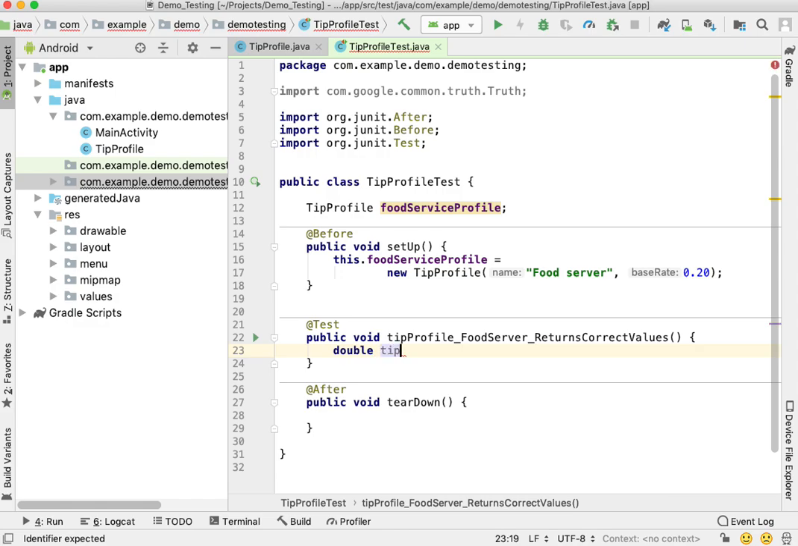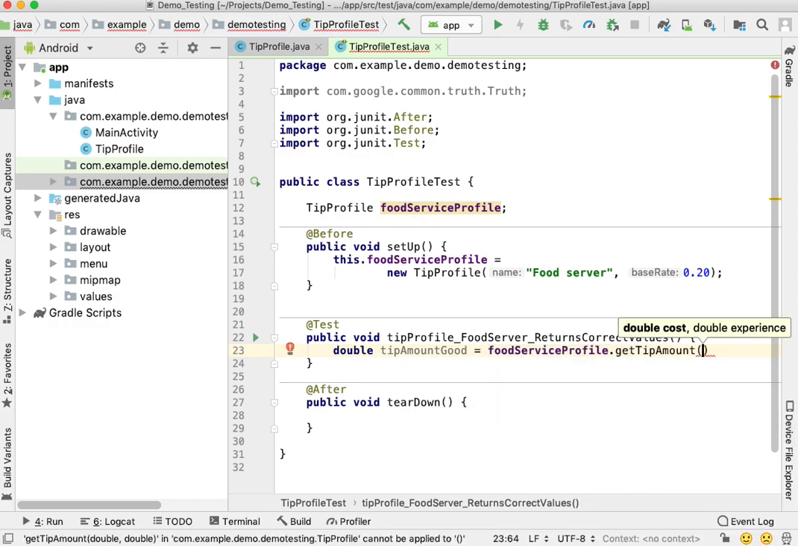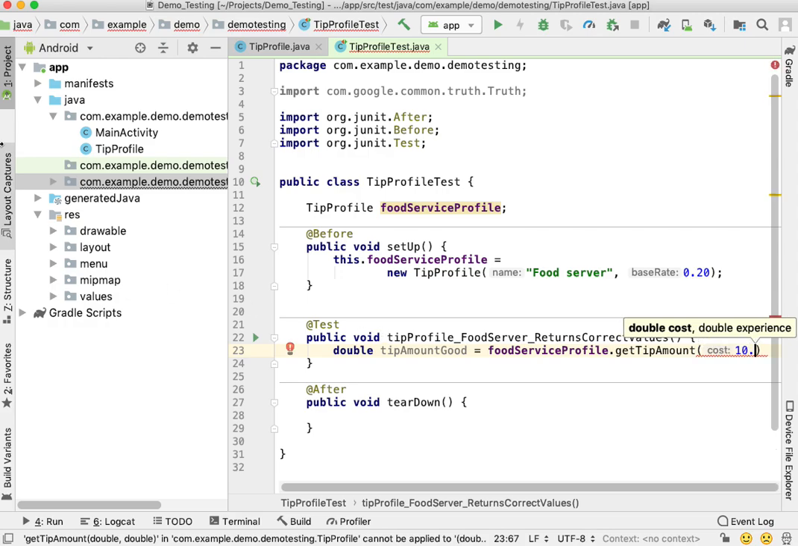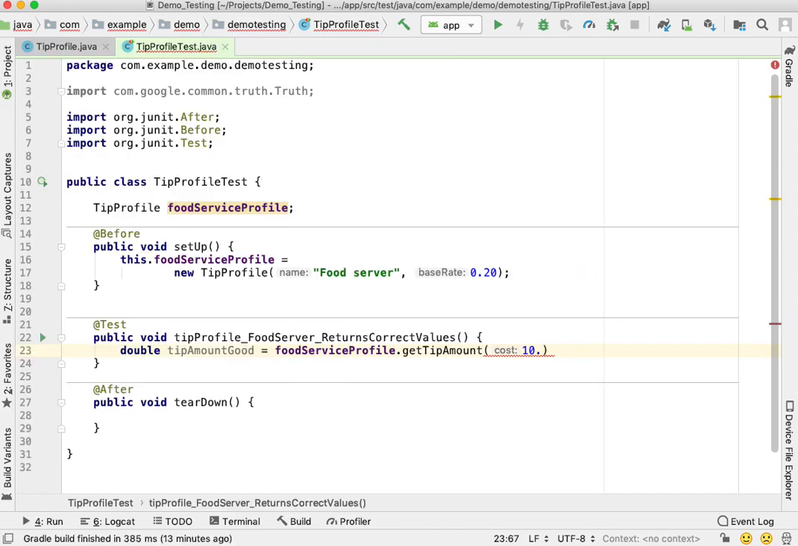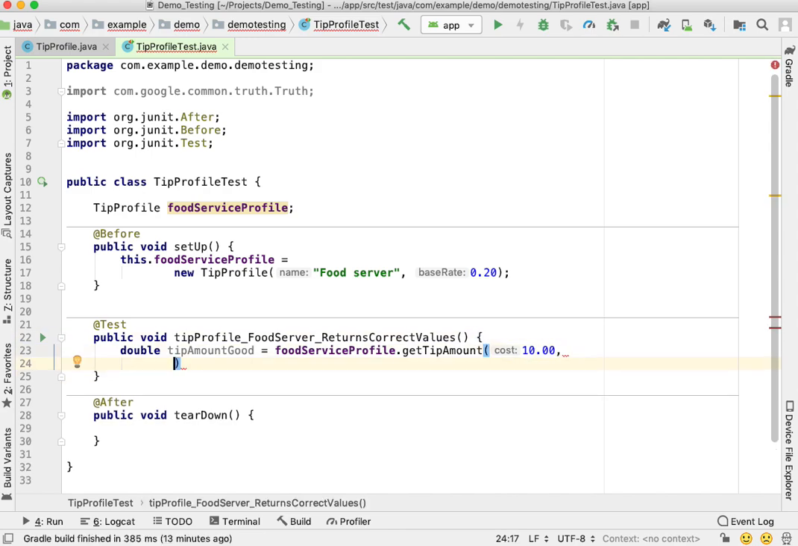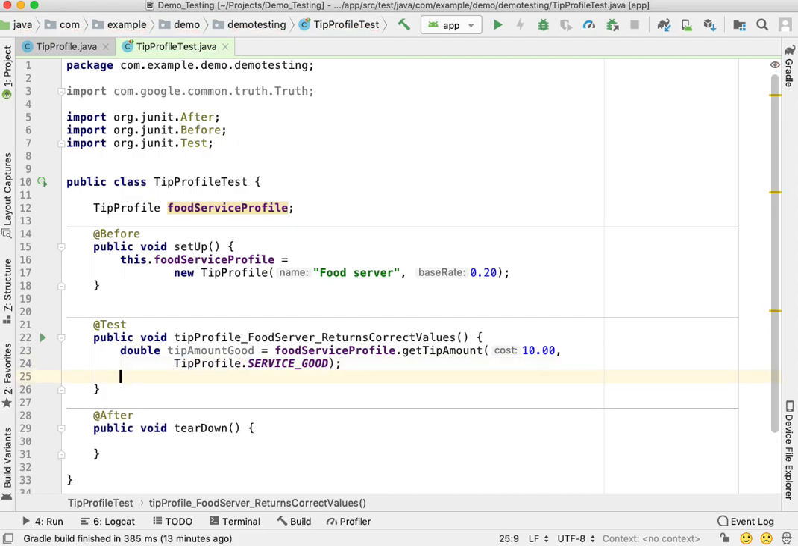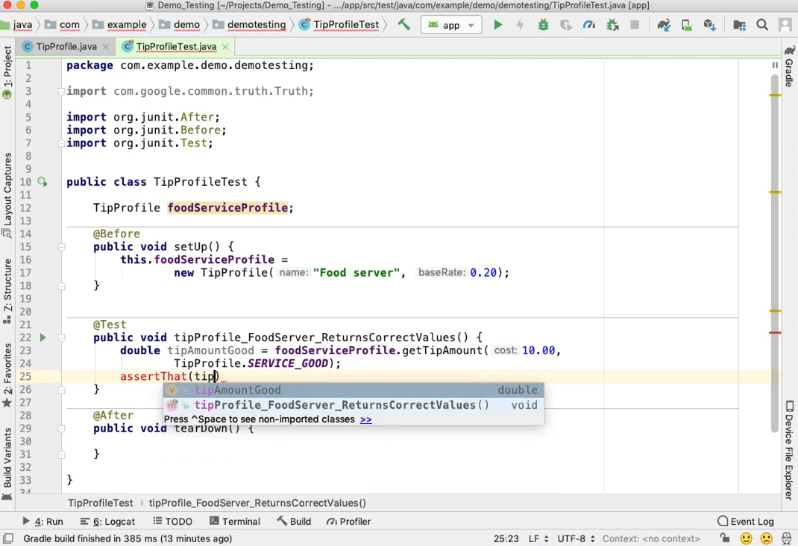So in this case, we're going to do tip amount good equals food service profile dot get tip amount. And we're going to say $10. Let's go ahead and put this away for now. And our tip type is going to be tip profile dot service good. And then we're going to assert that, and that means check or test that tip amount good